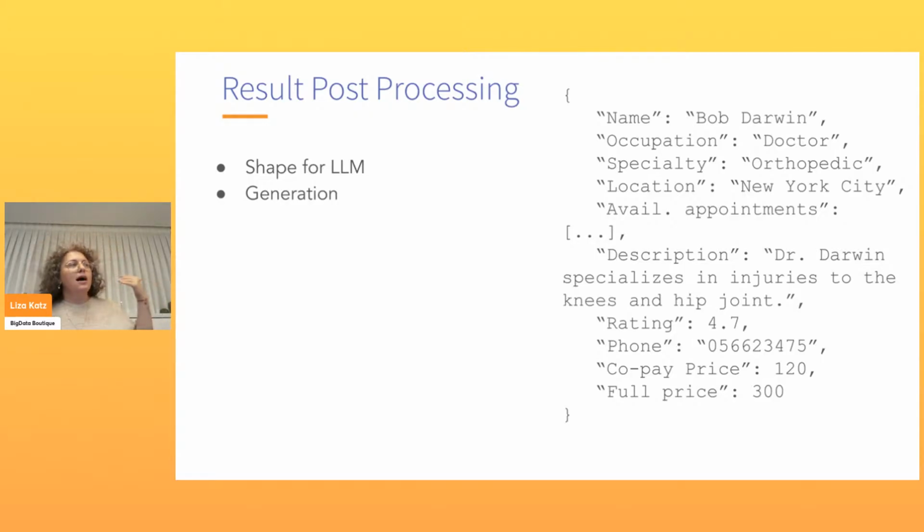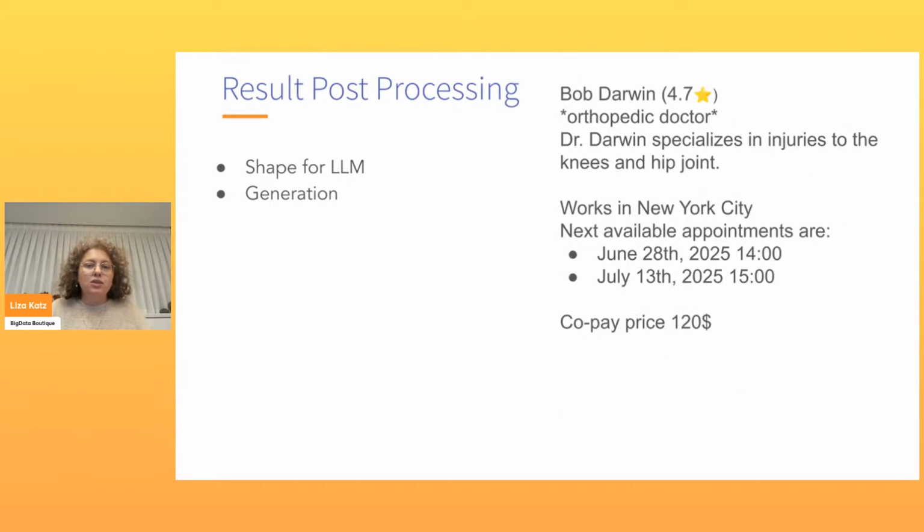So in this step, we take the documents that we have and we think about how to represent them. If you remember, I mentioned at the beginning, about 30 minutes ago, that luckily LLMs like to read the same readable formats that we do. So if we have these doctors' information, we can just convert it to text. And just like LLMs generate a lot of emojis, I'm sure you've noticed, you can use emojis with them. I think the notion of a star for their rating is a very good way to emphasize the meaning of this number. But I would prioritize what's important for a user to know about a doctor, in the context of setting an appointment.